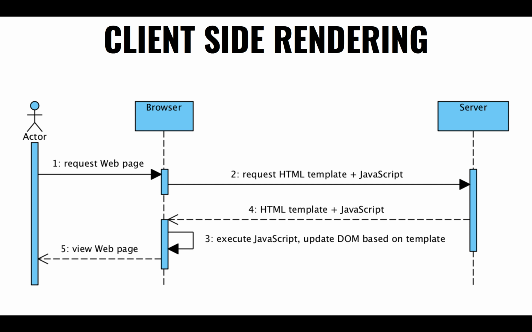The sequence of events is as follows. From the point of view of the user, it doesn't really matter. I'm asking for a web page, but now the browser is not going to ask for documents that execute on the server. Instead, it's going to ask for HTML templates and JavaScript that is not going to execute on the server. From the server's point of view, the browser is asking for static content, and the server just gives it the static content uninterpreted. Here's the raw HTML, here's the raw JavaScript. You do with it whatever you want. From the server's point of view, this is static.